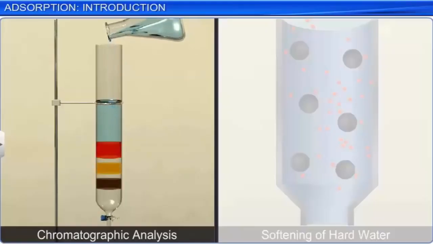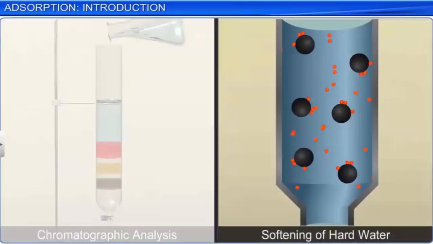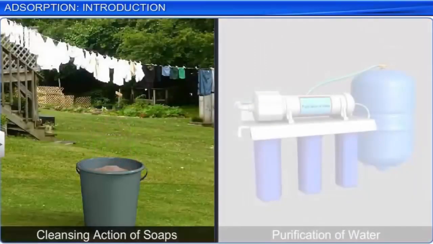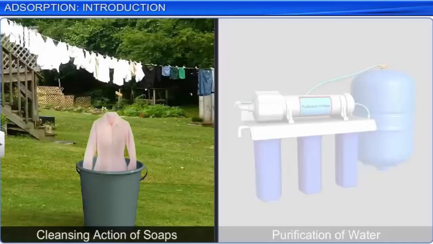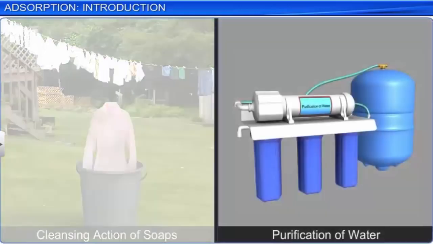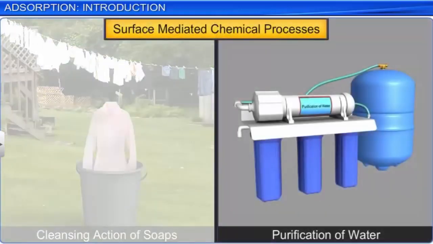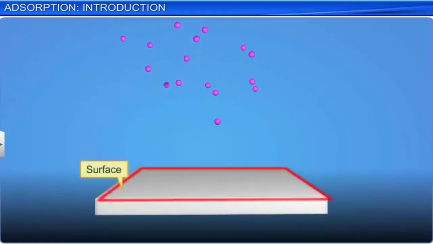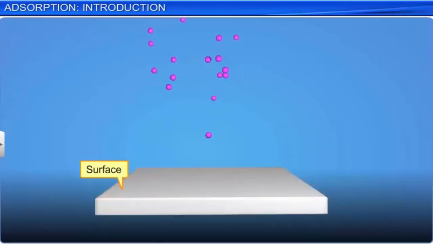Chromatographic analysis, softening of hard water, the cleansing action of soaps, and purification of water are all surface-mediated chemical processes. In these examples, the reactions occur at the surface. The branch of chemistry that deals with the study of the phenomena that occurs on the surface or interface, that